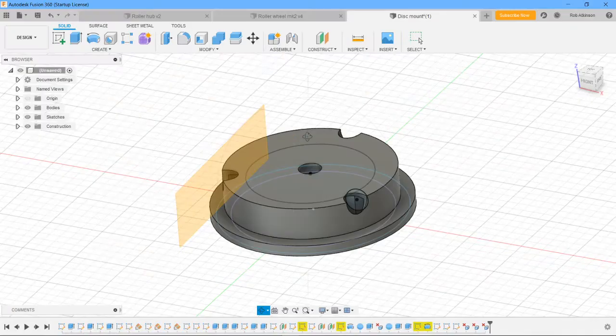I thought he did quite a good job of that, and he's becoming quite a young master, I would say, of Fusion 360. We're having a lot of fun together, and yeah, other things I've been doing, I've been finishing